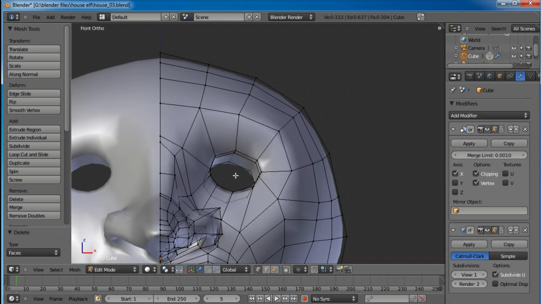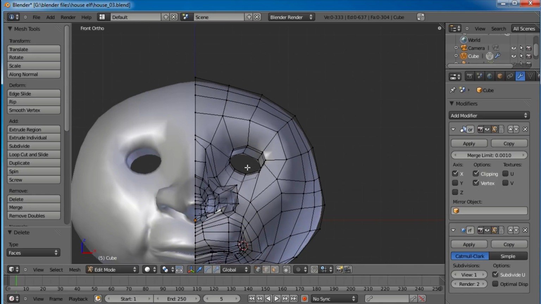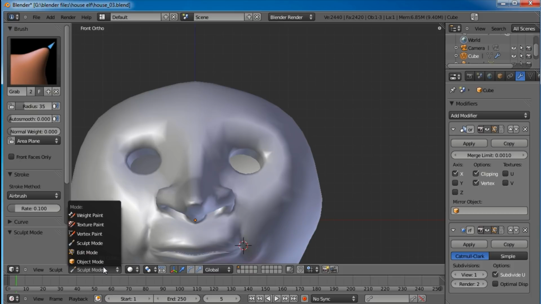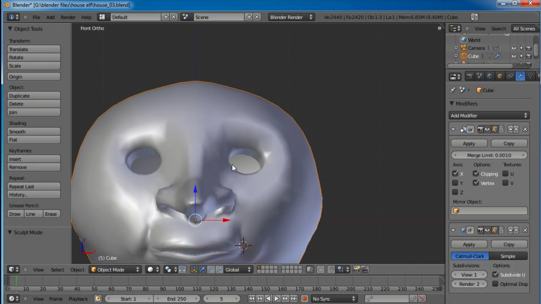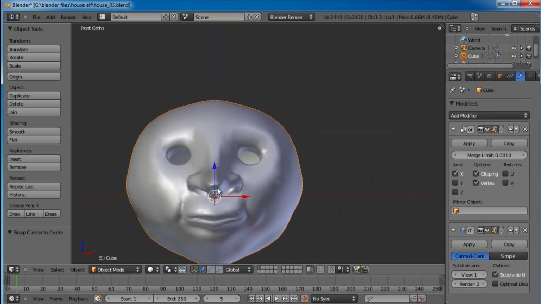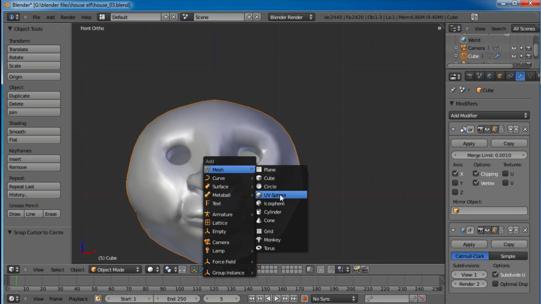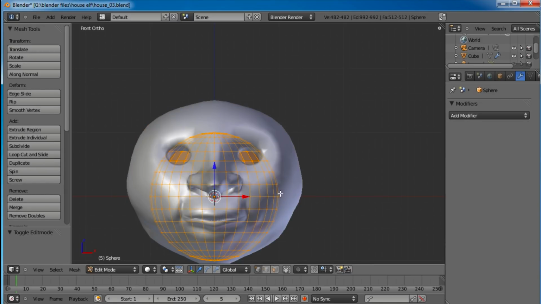And now let's put an eyeball shape in there. Let's tab out and come into object mode. And we're going to Shift S and snap our cursor to the center of our scene. Right there, you can see it. And now we're going to Shift A, add a UV sphere, tab into edit mode, scale it down till it's